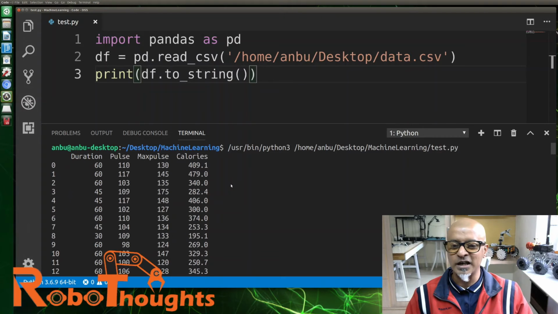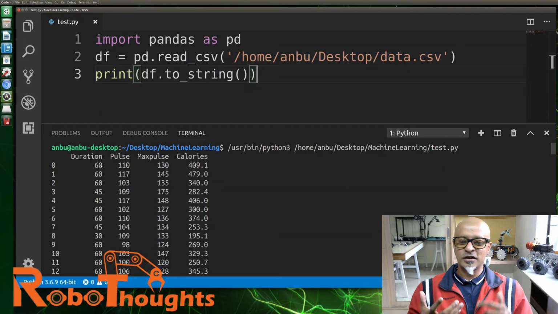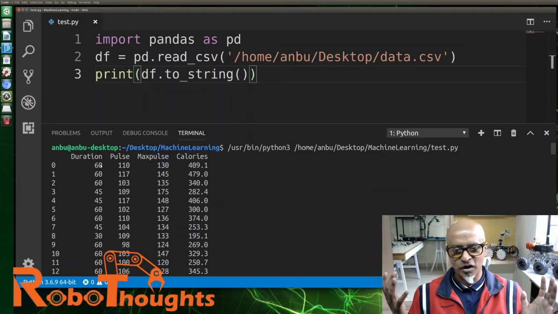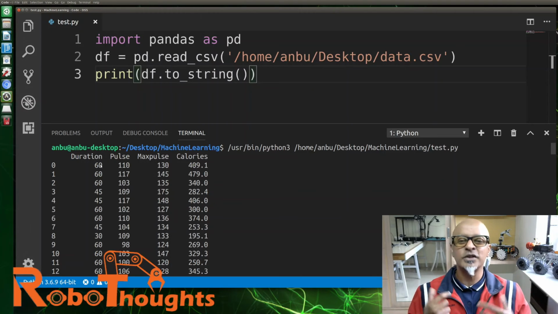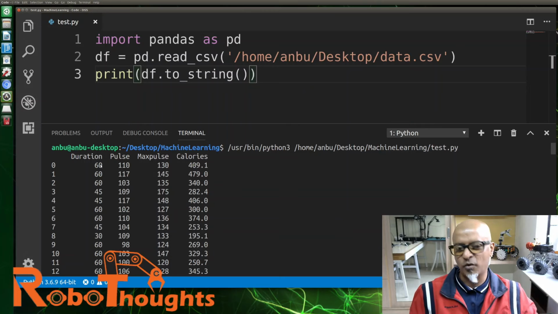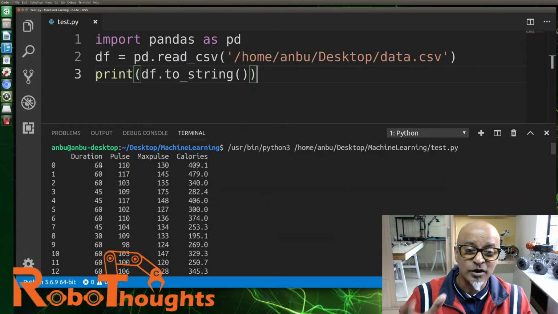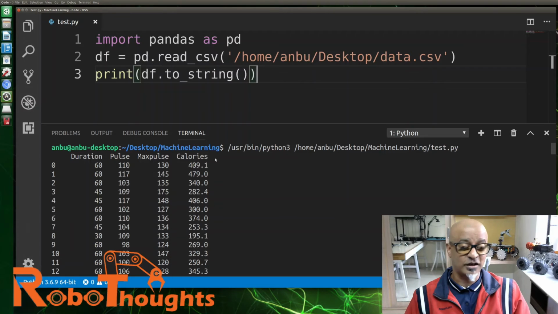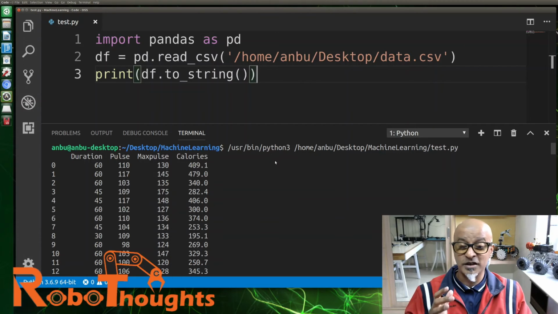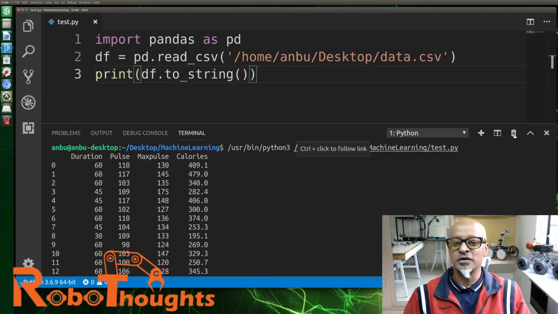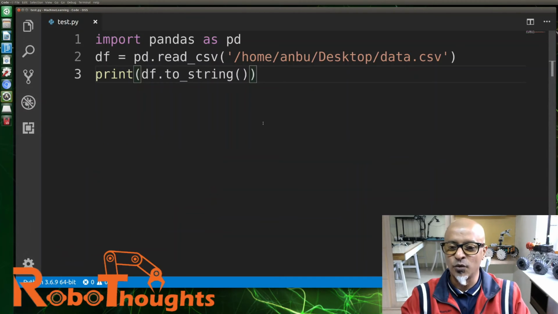These are all random data, guys. For example, the duration, how many minutes you run, and the pulse and the maximum pulse and the calories. Random examples. You can use any examples you want, but make sure that you use a CSV file separated with commas. Whatever data you dump in there, you can now read it within your IDE using pandas. How beautiful it is. Just imagine, guys, what else you can do with this. You can do millions of other things. I am going to show you one by one.